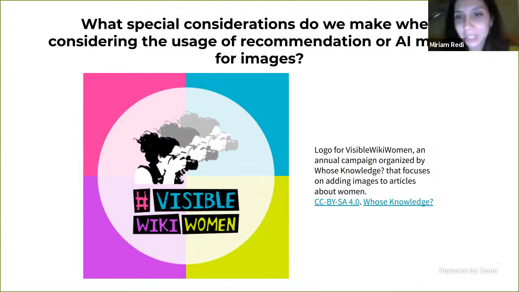And let me just say that Whose Knowledge and Visible Wiki Women is an amazing campaign. What we were saying before about images being an essential, powerful tool to communicate and share knowledge actually also applies when we talk about fairness. So having more articles about women is extremely important. Having more articles with images about women is equally important, because